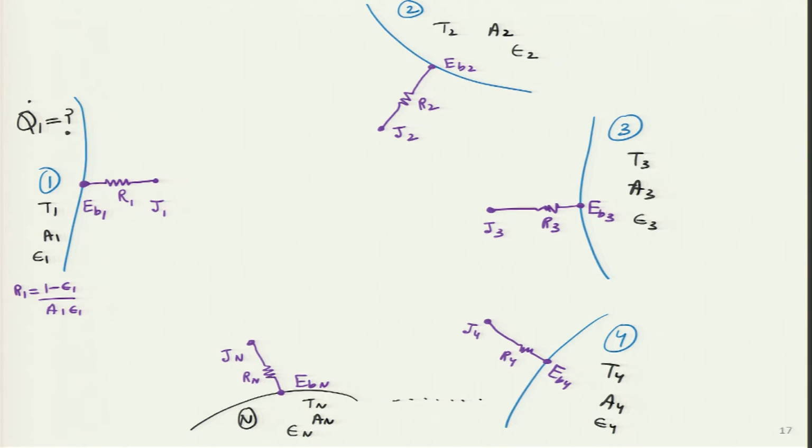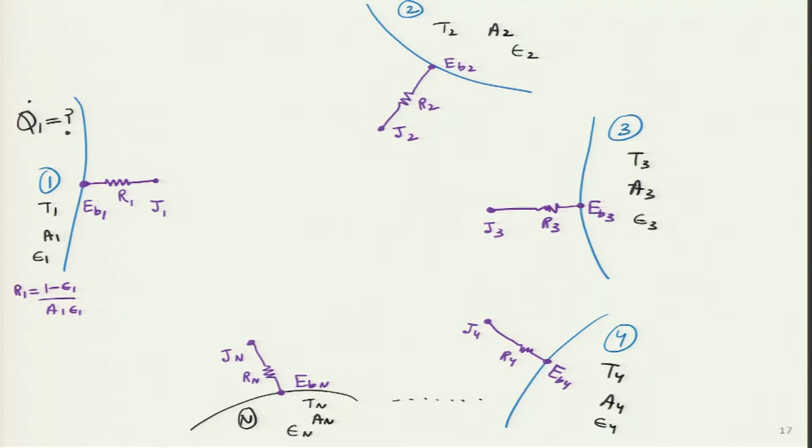Now, how will we connect them? For the time being, let me hide this surface n. Let me just say that there are 4 surfaces. Then how will we connect them? Then also it is a little complicated, from J1 to J2, J1 to J3. Let me hide 4 and 3 also. Let me just assume that there are only 2 surfaces, though I am taking a very complicated problem, maybe with 100 surfaces. But just like we remember the story we heard in childhood, that if something is very big and we are not able to solve it, we split it into small pieces, then we will be able to solve each one of them individually and then try and connect them together.